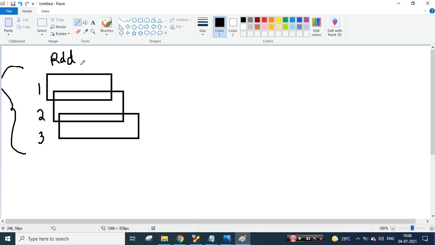So RDDs are resilient distributed data sets which are divided into logical partitions. So these are my partitions. I'm trying to understand narrow transformation. What narrow transformation means is, let's consider this is the first partition, this is the second partition, and this is the third partition. When I'm trying to do some computation,